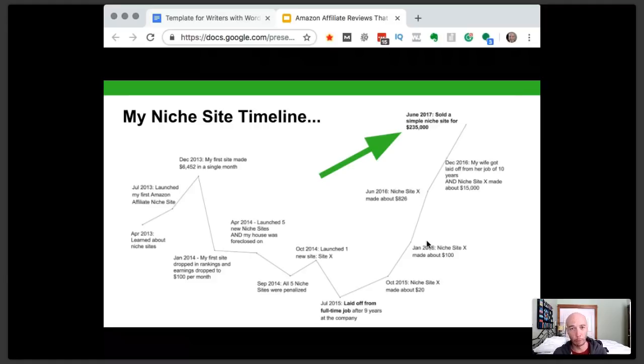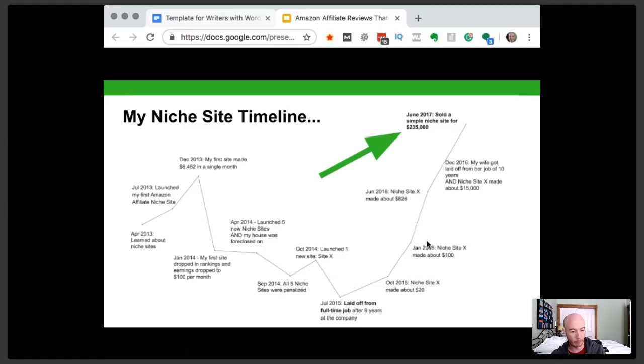Usually it's like a long process with failure points along the way, and I diagrammed it here so you can see the roller coaster ride. Like I mentioned, 2013 is when I learned about internet marketing. That's when I started Niche Site Project, and I've had some great success, and then everything would go away. All traffic, all revenue would go away, and a few failure points,